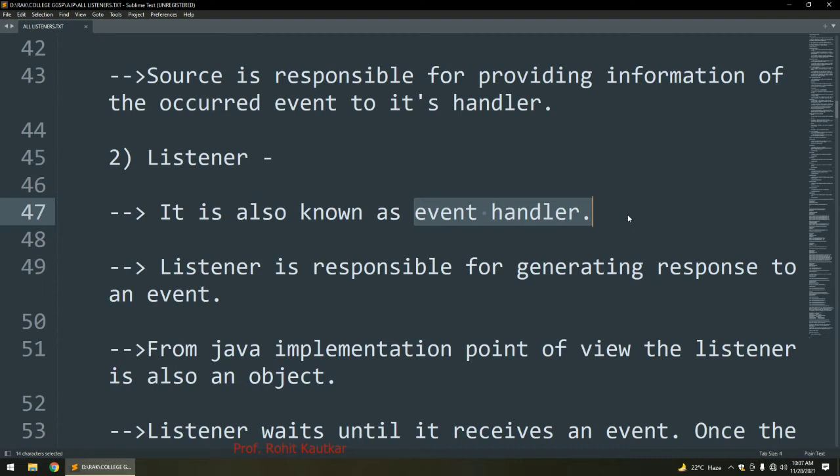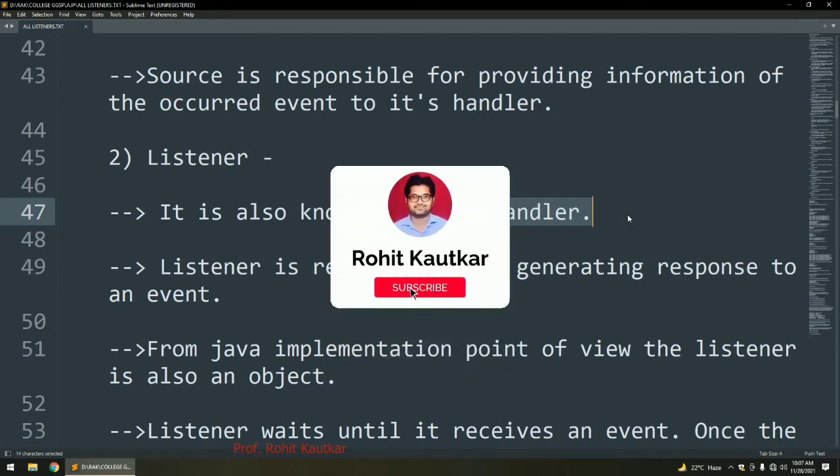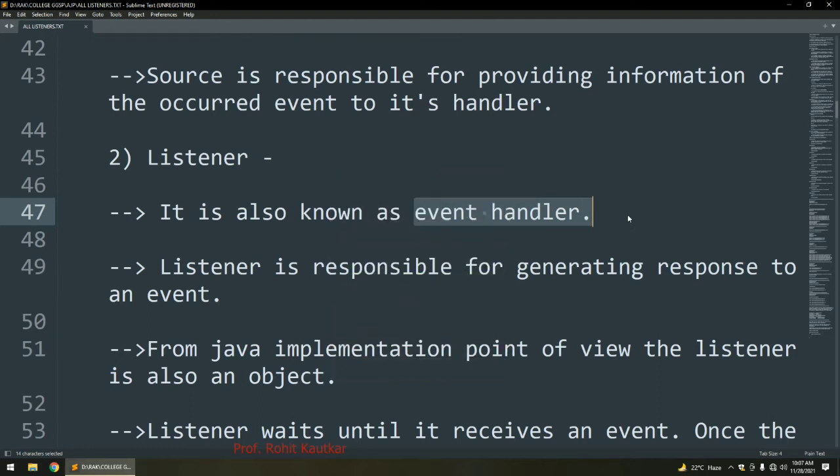The listener must be registered with the source in order to receive the notification regarding the event. If the listener is not registered with the source, then the listener will not get any kind of notification from the source. This is the most important thing in this delegation event model: the listener must be registered with the source, and only then will it get notification that an event has occurred.